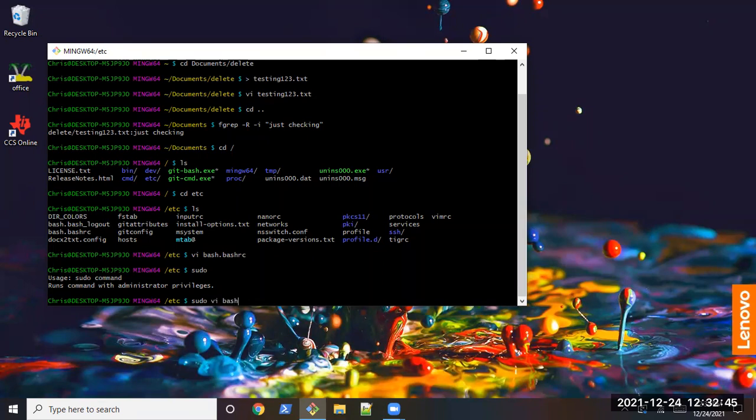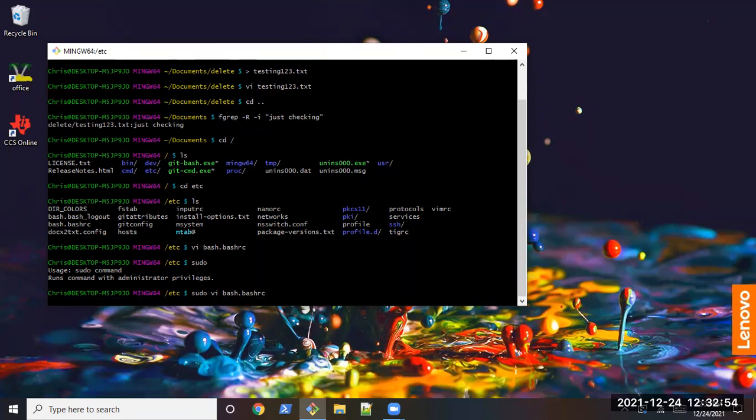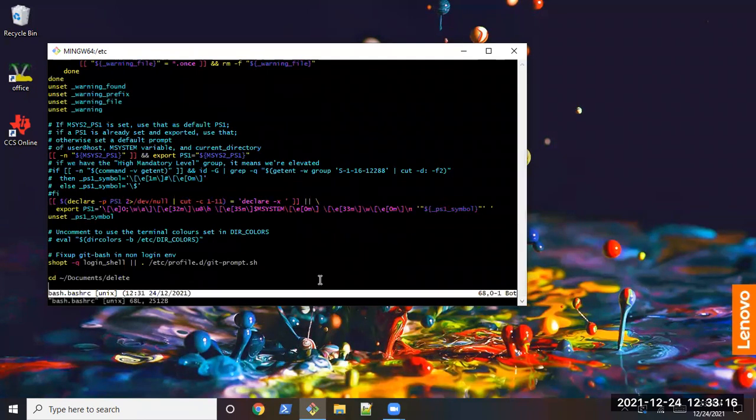So normally we would go into bash.bashrc with the super user do command. Then we go in here and have full write access, which for some reason I did have. And the difference, probably not showing up on the video, but on a Windows machine, it'll pop up the regular user account control box. If you're on Windows, you've seen it before. Do you want to allow this app from an unknown publisher to make changes, blah, blah, blah. So click yes, and then we can make the changes,